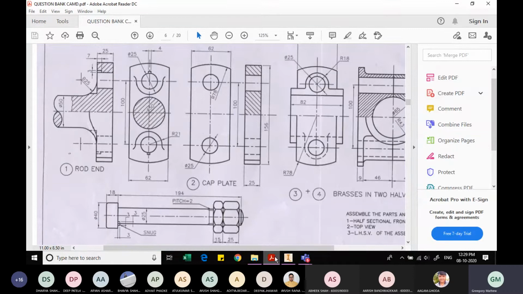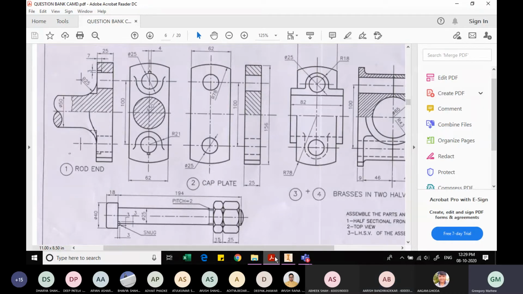No, if that is 4 and bottom 4, because on the rod end it is 3, it is 7, and on the bolt it is 3. The snug depth will not be a problem.